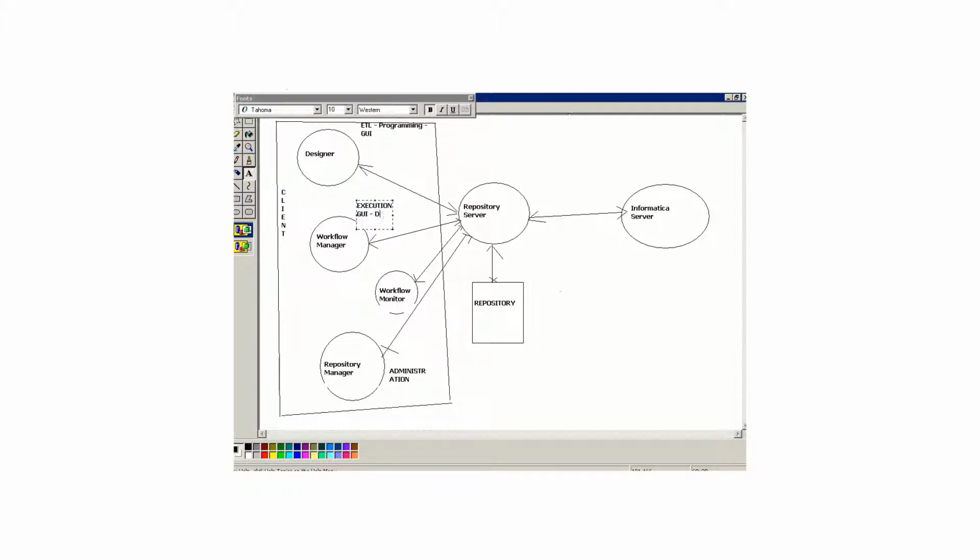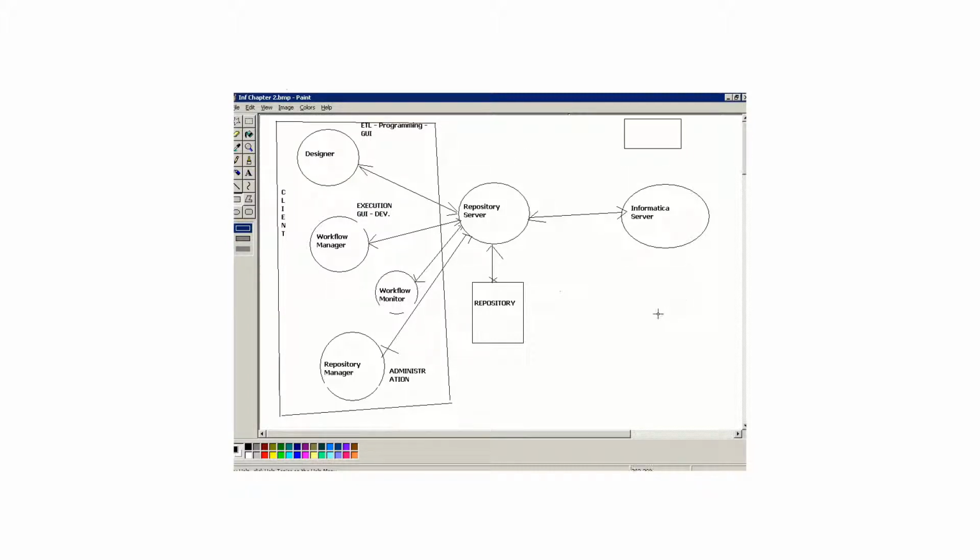Execution of the GUI program, which is developed in the designer tool, while the process is going on, is done by the Informatica server. This is the power of Informatica. Based on your ETL program, whatever you have written in the GUI base, it will be stored in this repository. You say execute that program, that also goes to the repository. Then when you say execution, Informatica server picks that information, that program,